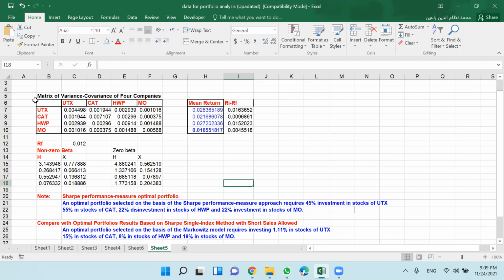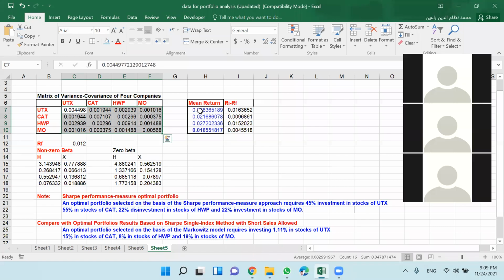Another approach. A solution is given here, the Sharpe performance measure optimal portfolio approach. In this we construct a non-zero beta portfolio and a zero beta portfolio. So this is a variance covariance matrix. We already have dealt with it. And this is the column vector of